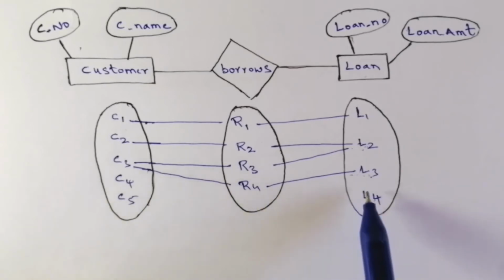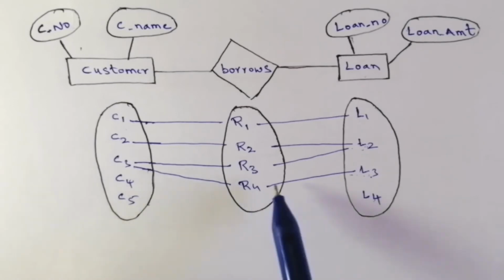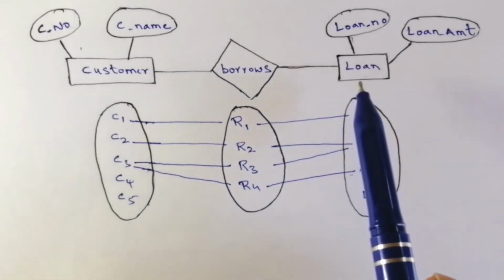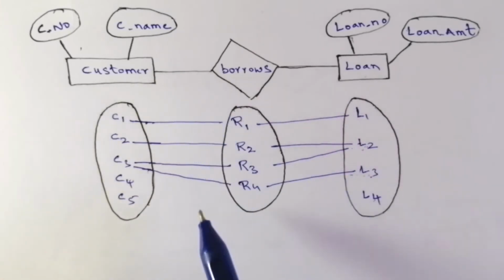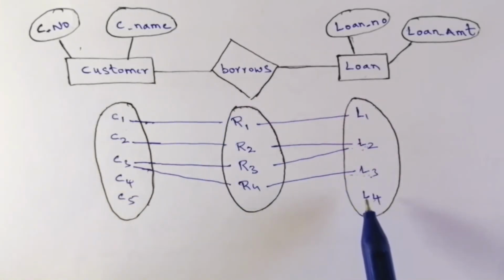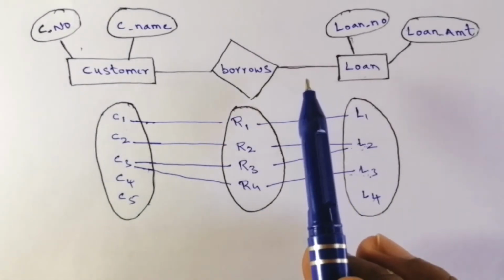So a loan is going to be generated when there is a relationship with the customer. But here it is a many-to-many relationship, so we don't have any constraint conditions here. So this particular situation has been generated. What we want is a business principle here. What is our business principle?